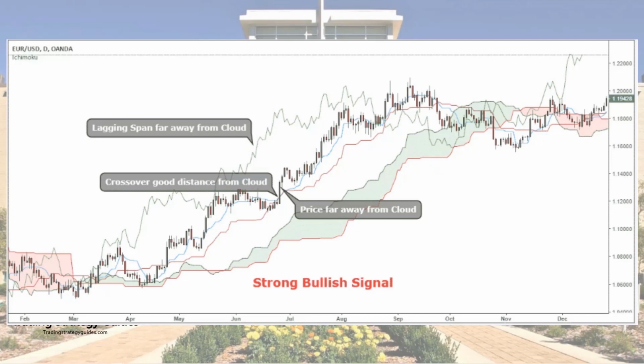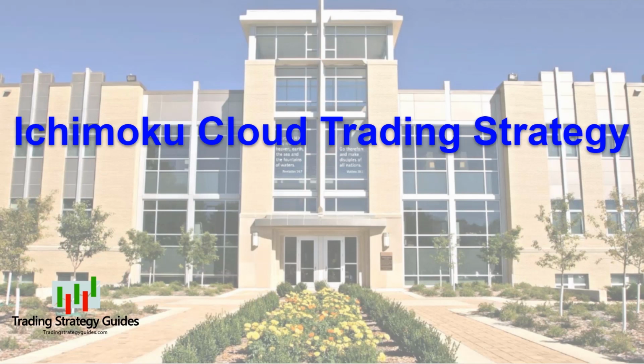This is because you have to wait for the best trade signals. Our strategy will use the default settings of the Ichimoku cloud system. For the purpose of our strategy, we're going to delete the lagging span line from our charts because we won't be using it. The Ichimoku cloud system is designed to keep traders on the right side of the market. Our trading rules will help you follow the trend for as long as possible, at least until it's clear that